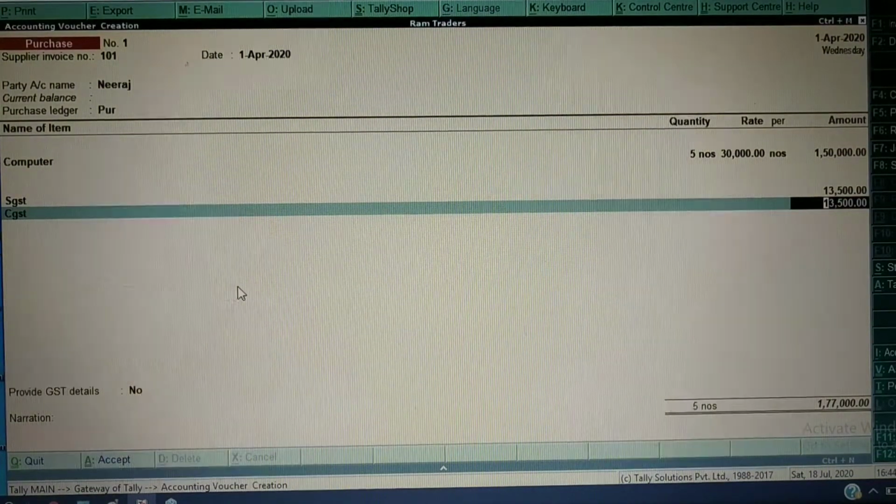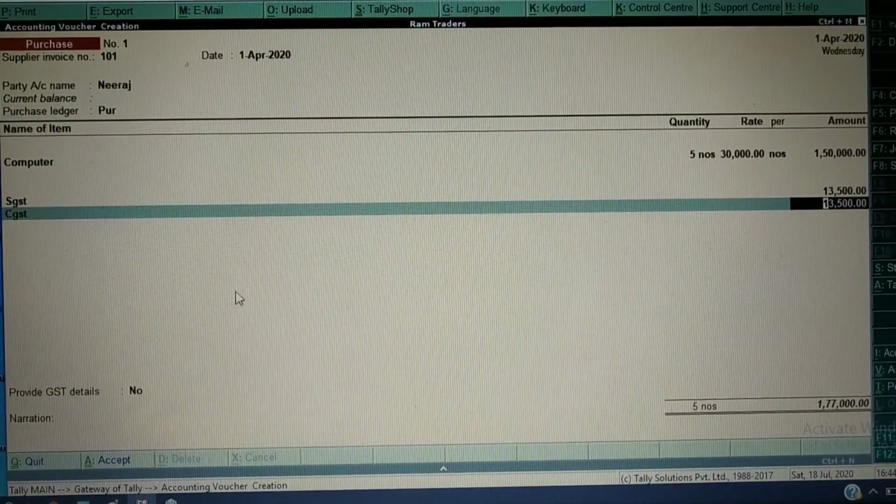If you are selecting integrated tax as 18%, that 9% will go for state and 9% will go for CGST, means central tax. So here, if he is doing a transaction within the same state, then SGST and CGST have to be applied. If he is purchasing and selling the goods to another state, then integrated tax has to be applied. Means the integrated tax, 18%, will be applied for that type of transaction.